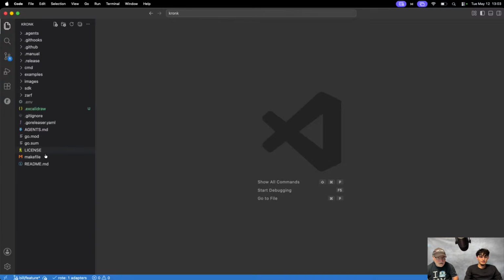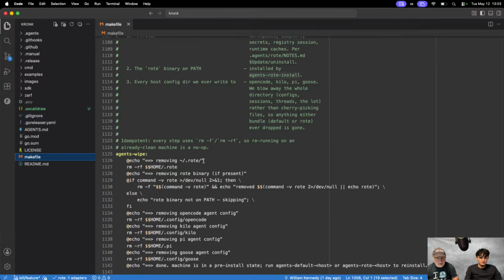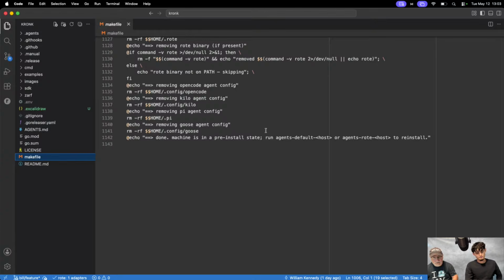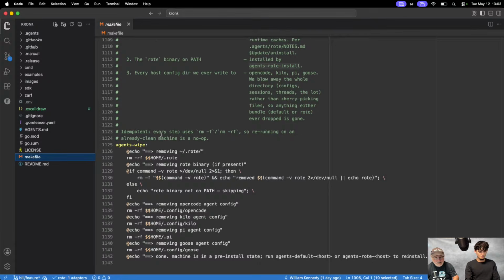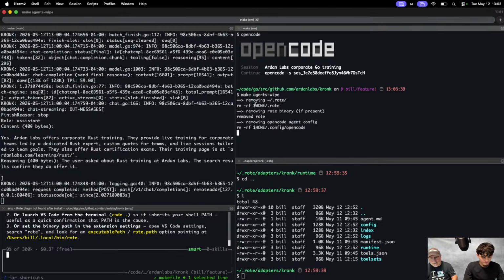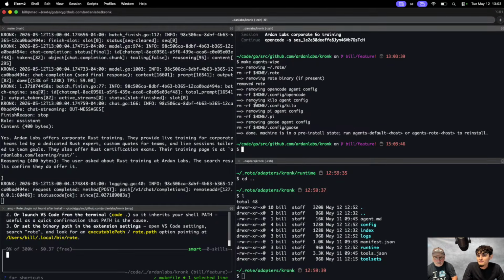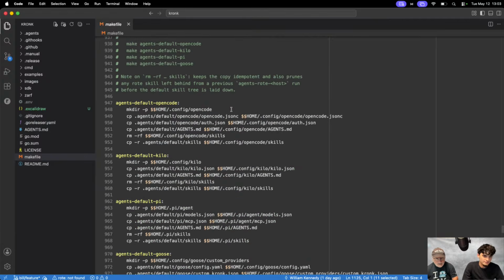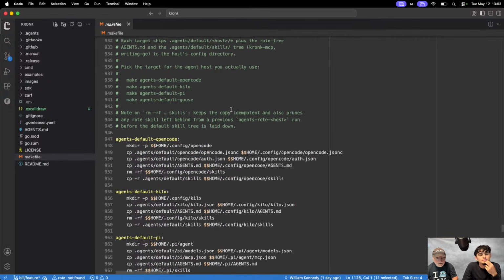Okay, I'm going to do one thing here before we are done. I'm going to wipe back. So this is what I do now. I don't want to play with rote anymore, so I remove all of it. Wipe. And then I go back to my default right now, which is this.